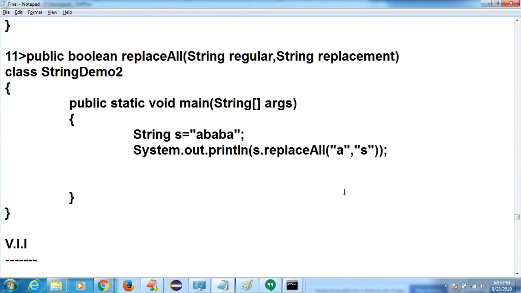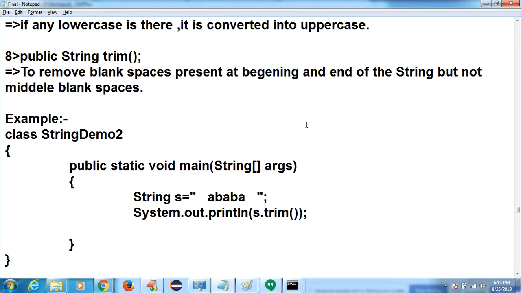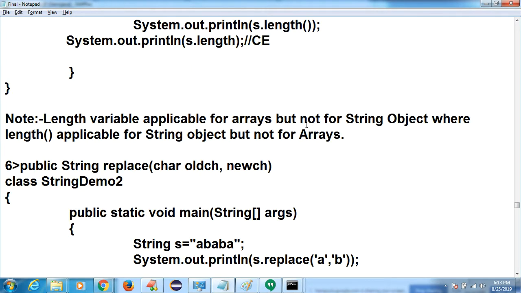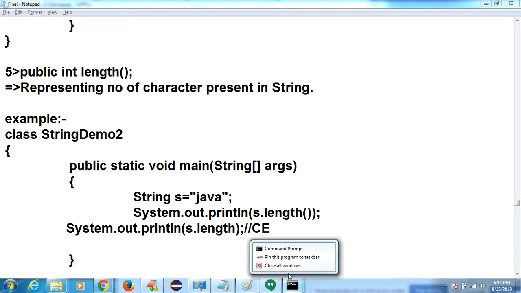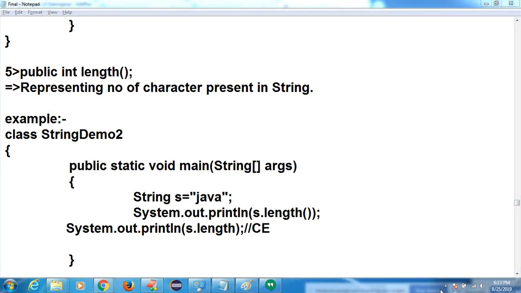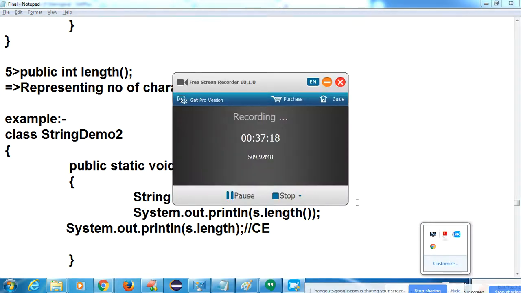So first, practice the first two concepts and that diagram. And what is your assignment? If I explain this